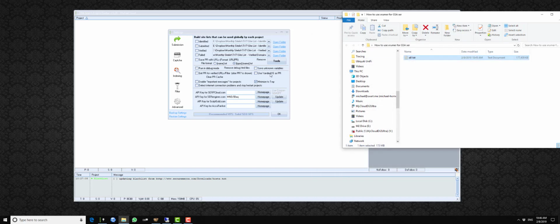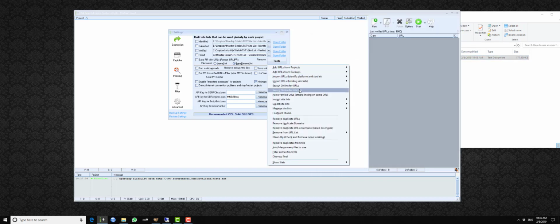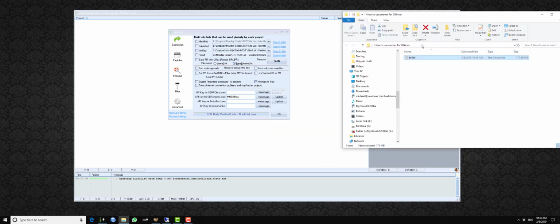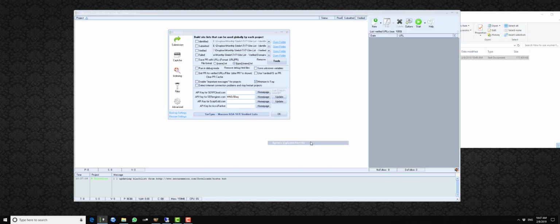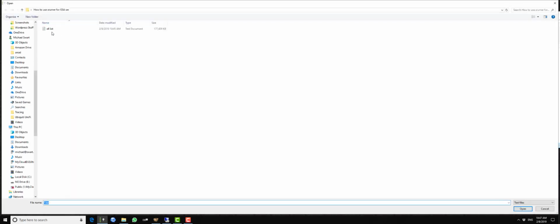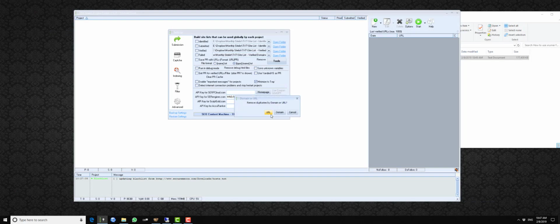So to be sure, we will just go in here, Tools, Remove Duplicate Domains. From files, sorry, remove duplicate domains from files. Let me just copy this again, the path. Remove duplicate domains from file. That's there already. So I'll just double click that, remove duplicate domains. We want to remove duplicate domains. So it's going to take a little while to run through the list, and